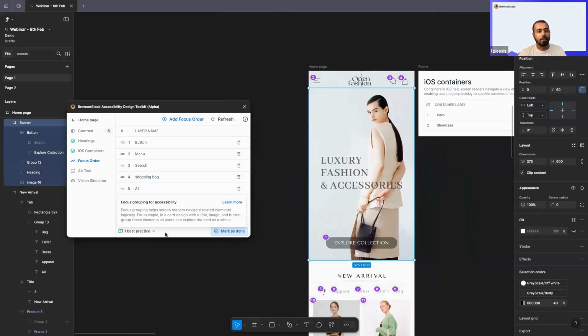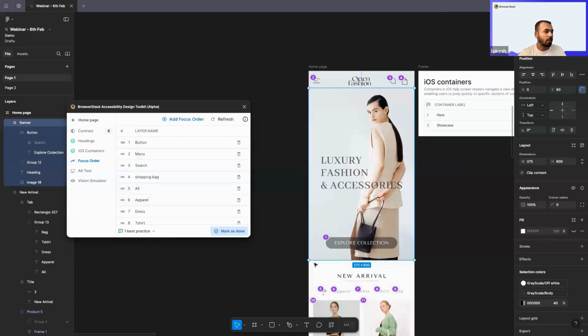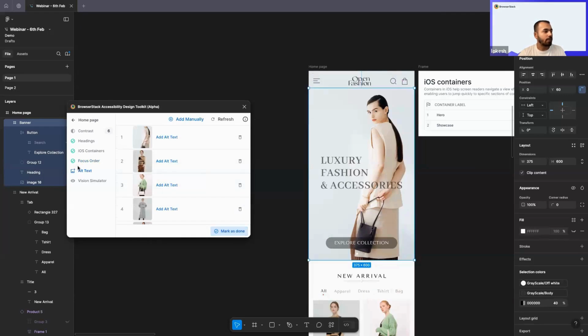And this will help designers who are just onboarding to design, so onboarding to accessibility design specifically. We have cues within the app which help them understand what the best practices are, what each one of these features entail, and give them a brief handholding to get started and get some context on each of these problem areas. So now I'm going to mark focus order as done and move to the next feature, which is